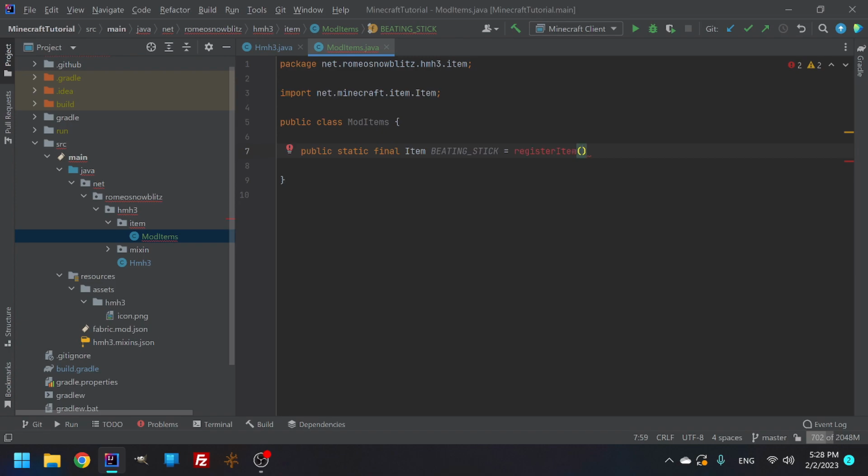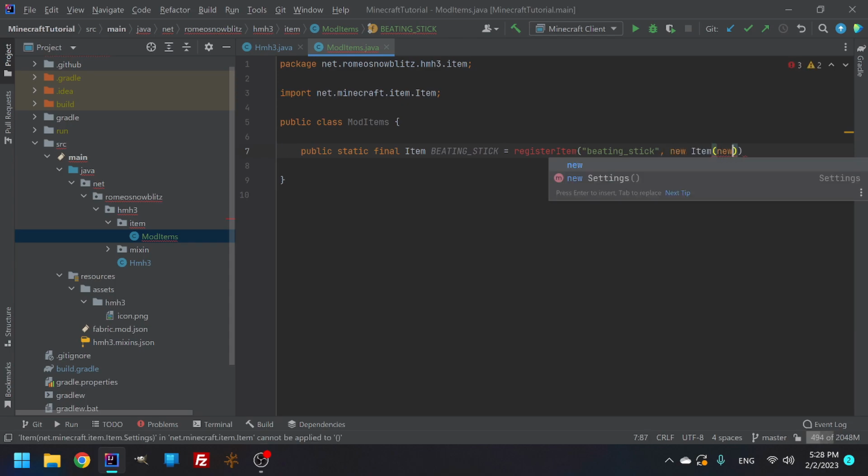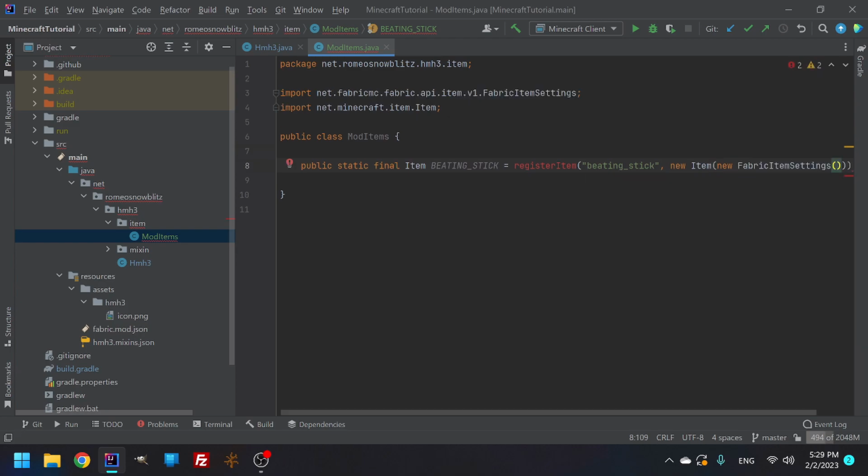So it is going to be looking bad, but the item now needs to have a name, and that item name is going to be the same thing, but it has to be in all lowercase now. The quiet beating stick. All right, so from here, you're going to need to call this new item, new fabric item settings, and then put a little